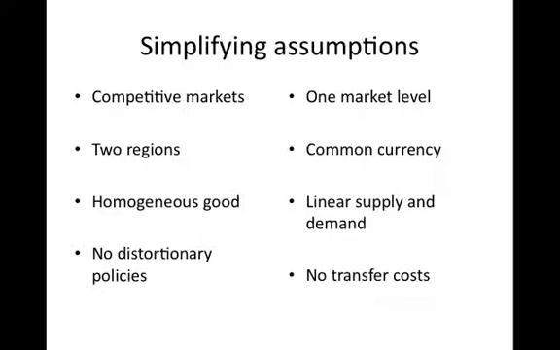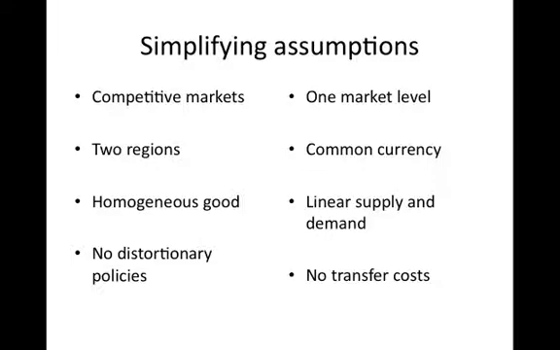Now, all of these assumptions can be relaxed. The relaxation of all of them adds further complications, and it makes it much more difficult to deal with. My aim in this section of the course is to try to get you to understand this notion of spatial equilibrium and what we call the law of one price, and also try to understand why trade is important for agricultural markets, especially for Canada.